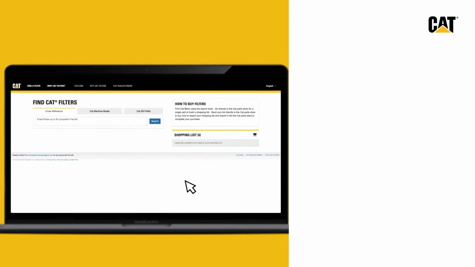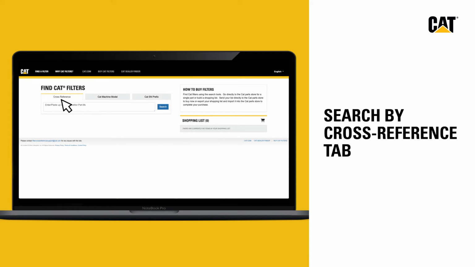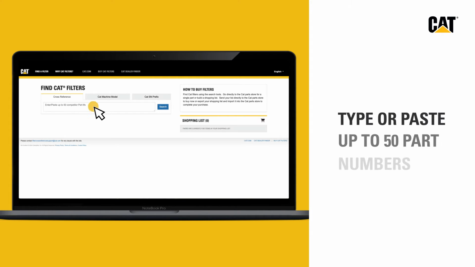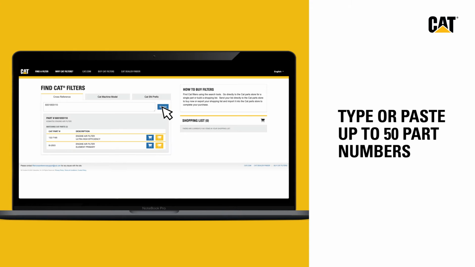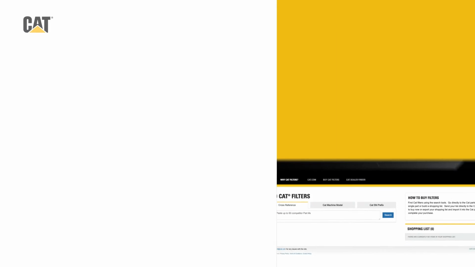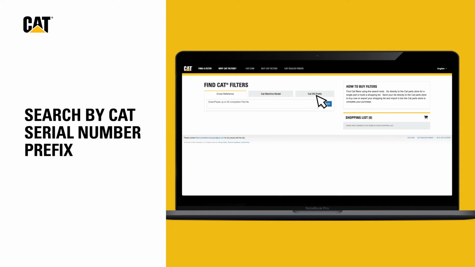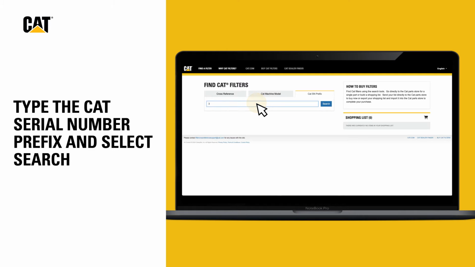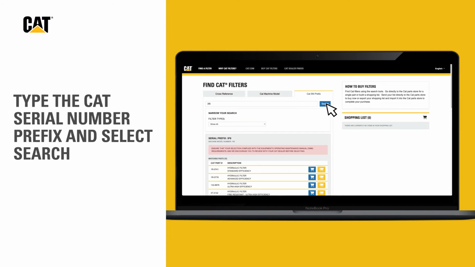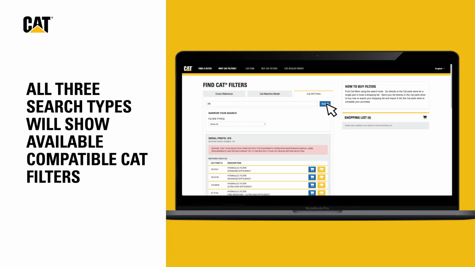The second way you can search is by using the Cross-Reference tab. Here, you can type or paste up to 50 part numbers to find a replacement CAT filter for any machine. If you only have a CAT serial number prefix, you can search for that too. You'll just need to know what type of filter you're looking for to narrow down your list to the most relevant results. All three search types will show available compatible CAT filters, which you can order right away or add